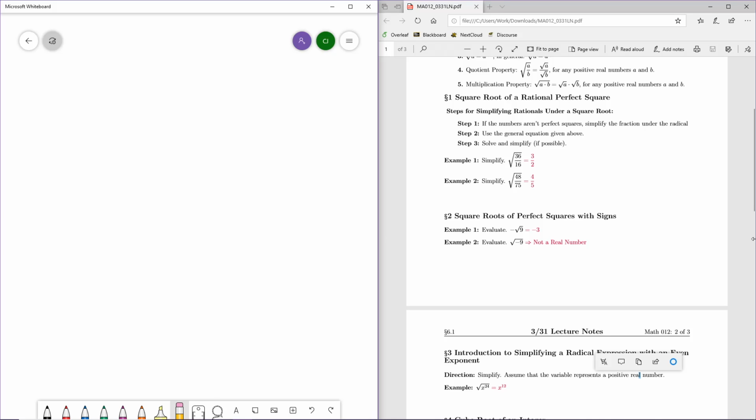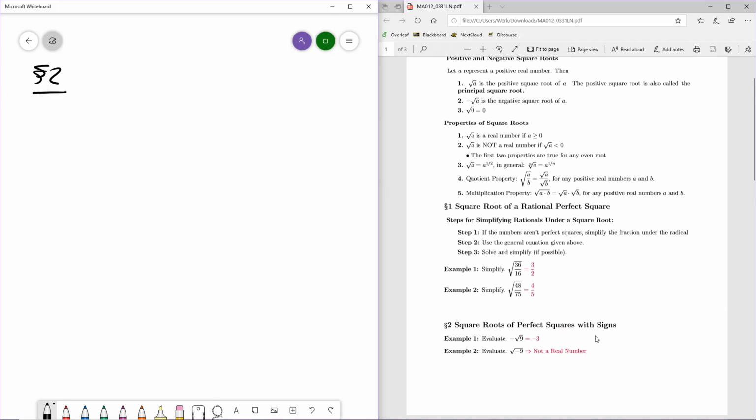Now on to section 2. So section 2 is the square roots of perfect squares with signs. So, let me get my pen. So section 2. Before I start on section 2, I do want to talk about the notes a little bit. So going up to, let's see,